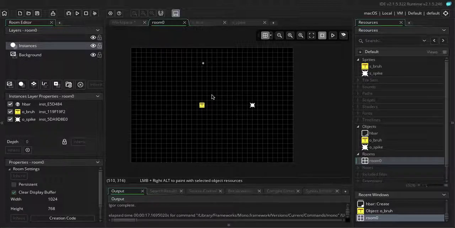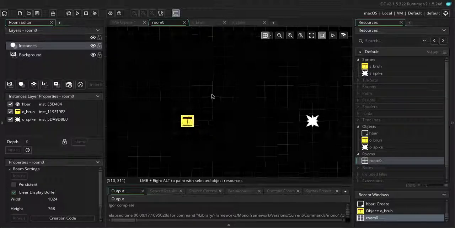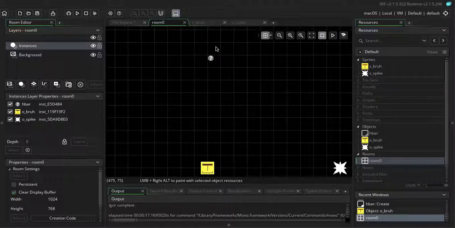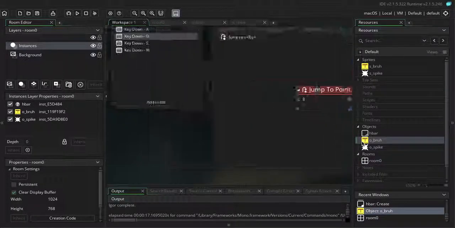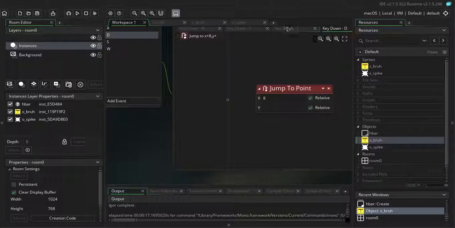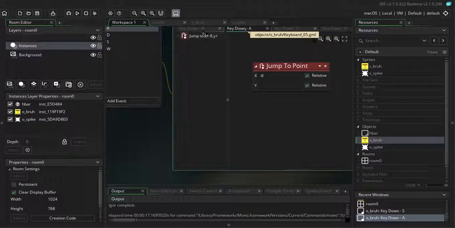Today I'm going to be teaching you how we make the health bar. Currently in our room we have three objects. We have what will be the health bar, named H bar. We have bruh, which is going to be our player, and bruh is already programmed with all the movement commands,